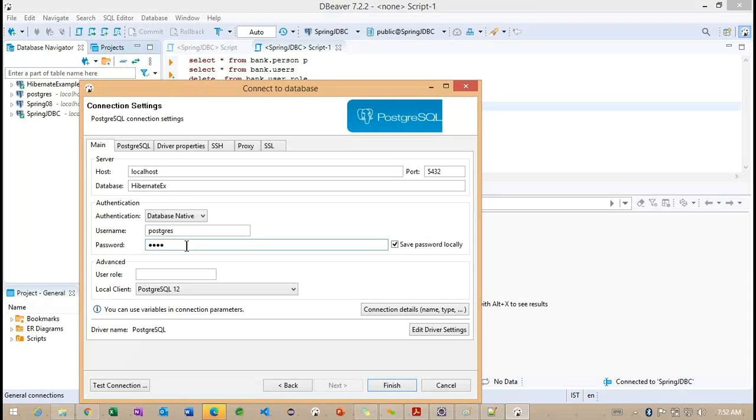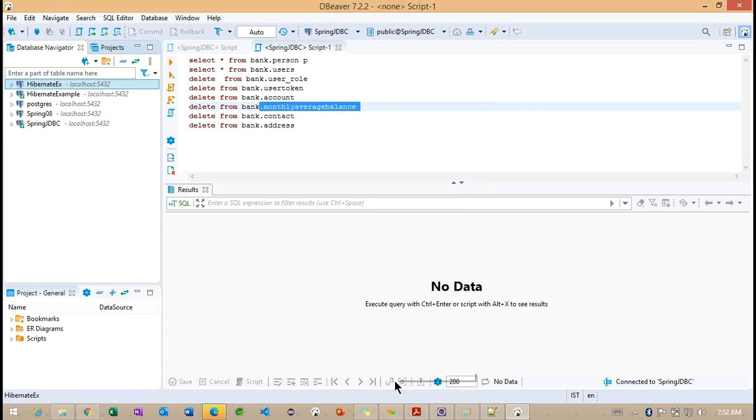The password we need to specify here is Java technology. Using this, we can create one more database connection here. We are working on the localhost and this is the Postgres port here. Now click on finish. So now you can see we are having HibernateEX here. In the same way we created the remaining ones also.